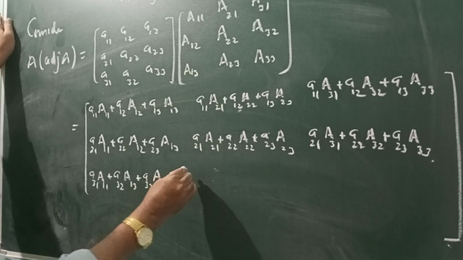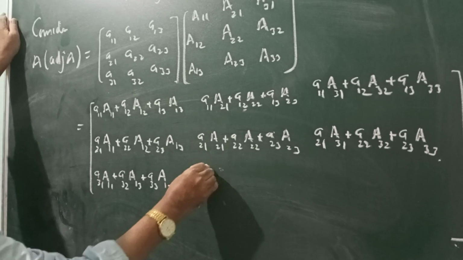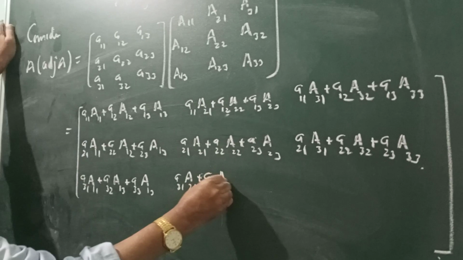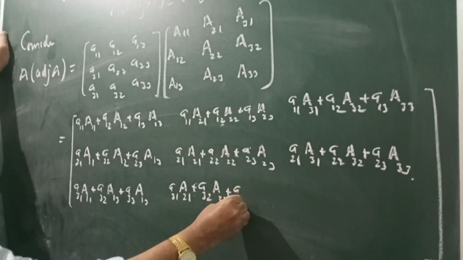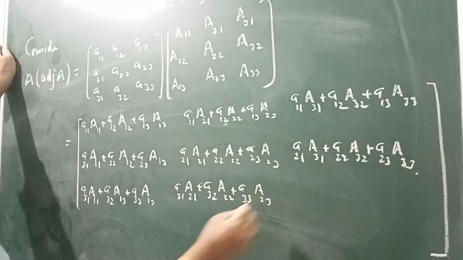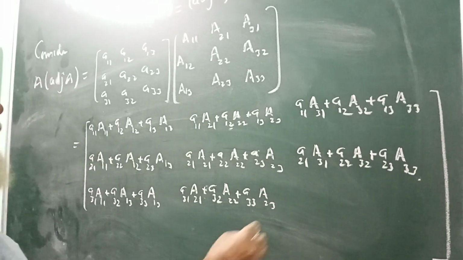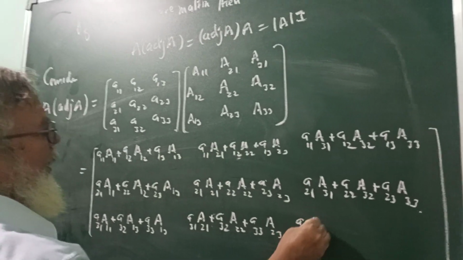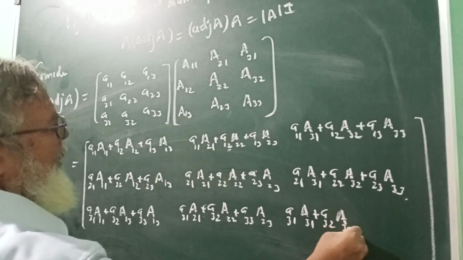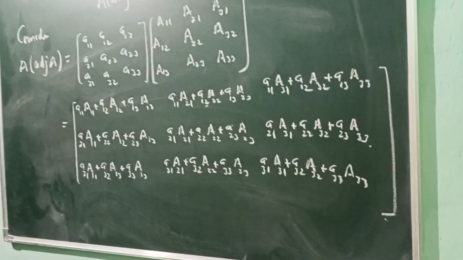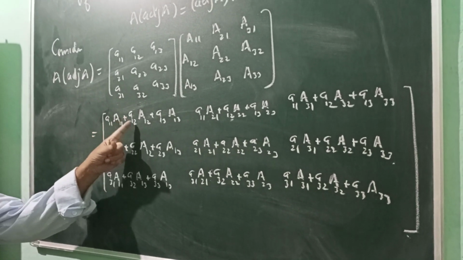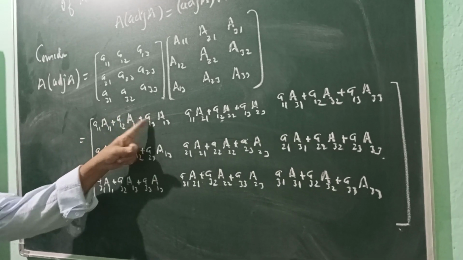Third row, second column: A31, A21, plus A32, A22, plus A33, A23. Then third row, third column: A31, A31, plus A32, A32, plus A33, A33. If you look here, the first element is the sum of the products of the elements of the first row and